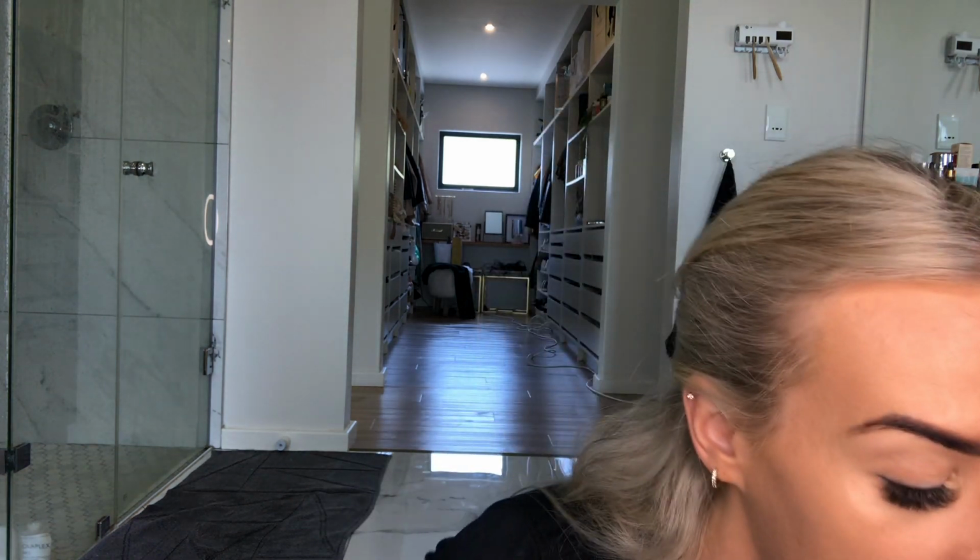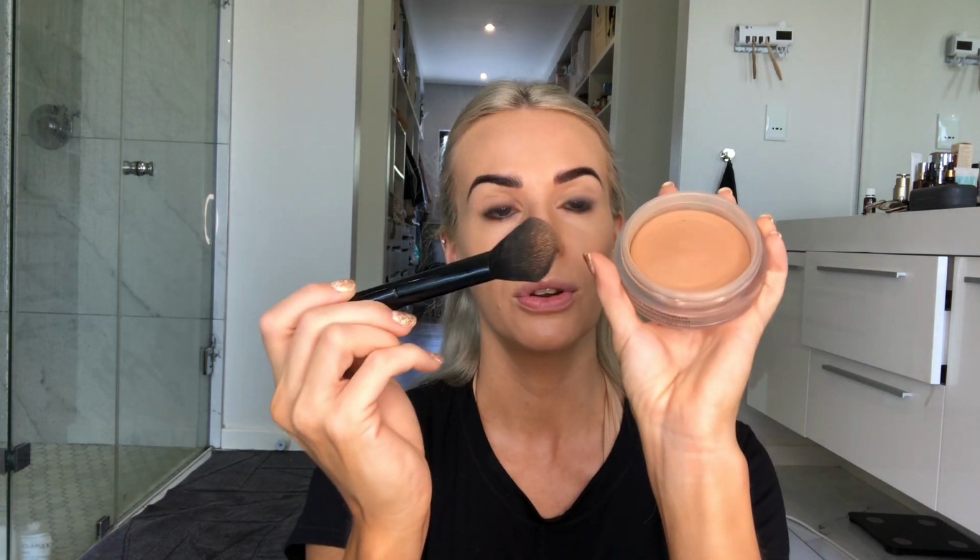Okay, now my favorite bronzer, also a Chanel product. This is so beautiful. This is the Creme-Gel Healthy Glow Bronzing Cream. Again, it's hard to tell you a favorite Chanel makeup product, but this would be right up there. I adore this product. So I'm using the Chanel Contour number 109 brush. Looks like that. And I'm just swirling it around this cream